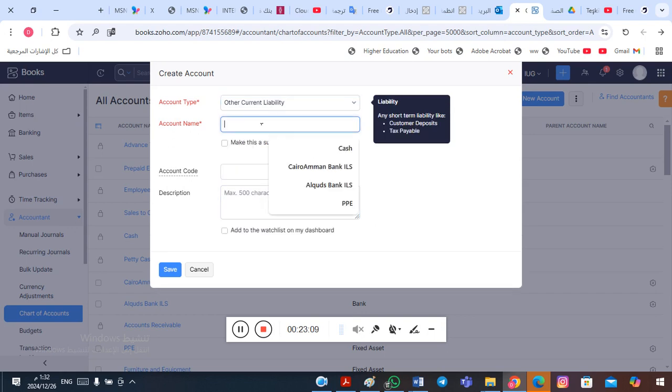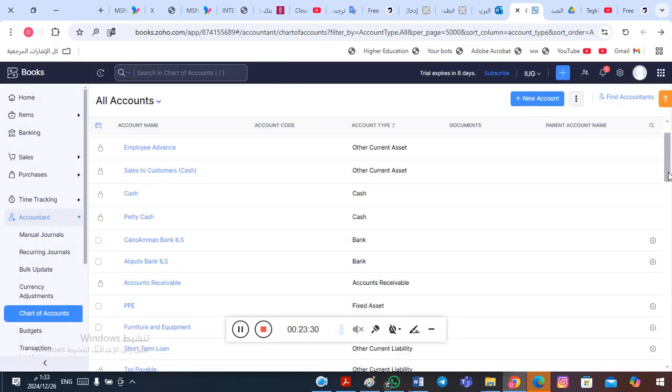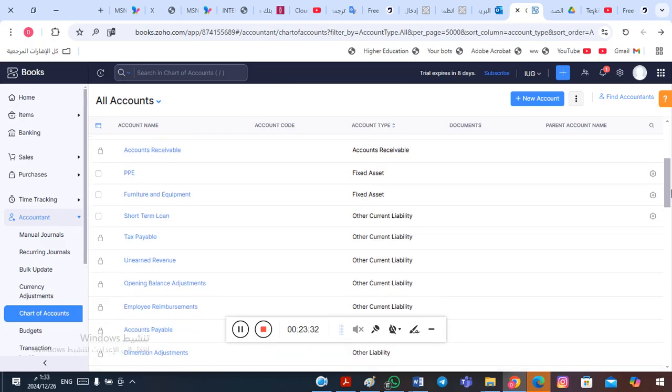Okay, and the name we can call short-term loan, and save. Okay, save. In this case, this account appears in our chart of accounts as you see here. Other current liability. Okay,